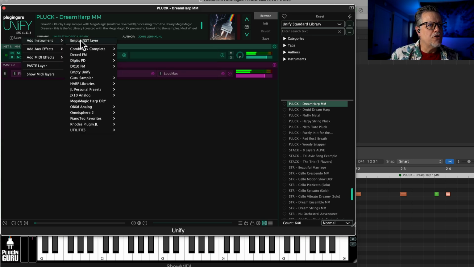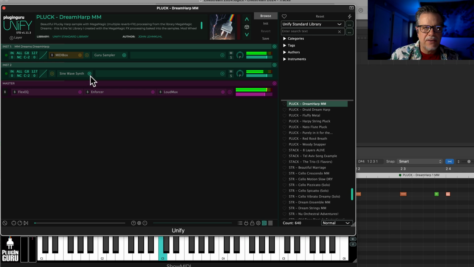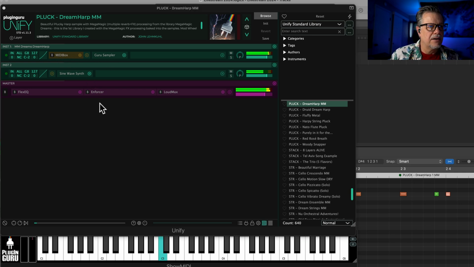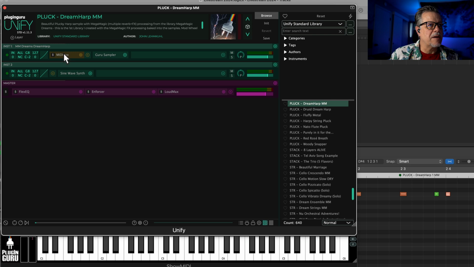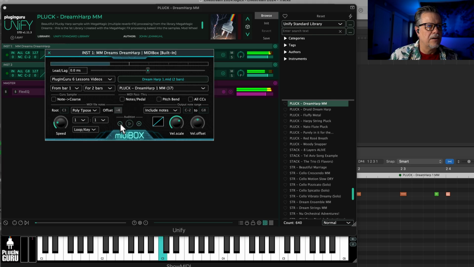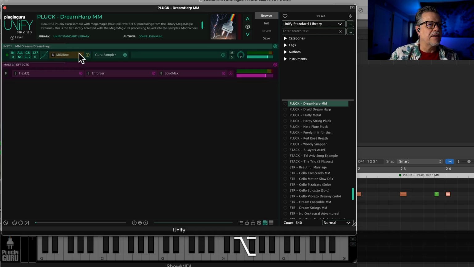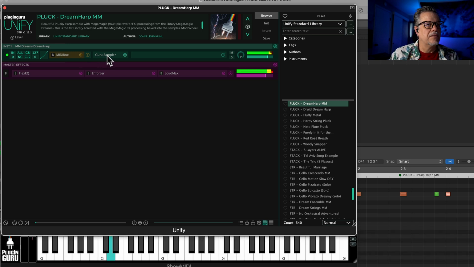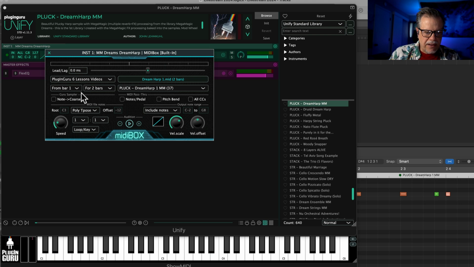And if you go to layer, new instrument, this gives you a sine wave. So if we open up MIDIBox, there. Let's delete this second layer now. Now, it's a MIDI file, and if I set this to play only, then it would only play. So wherever I play on the keyboard, it's the same. Well, we can set this to key transpose, and now